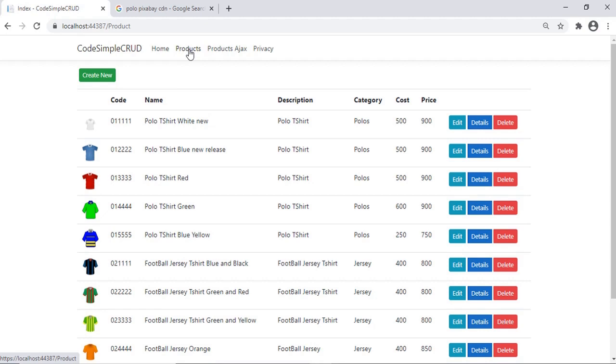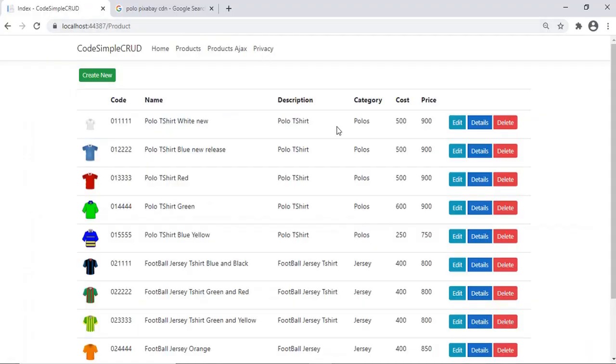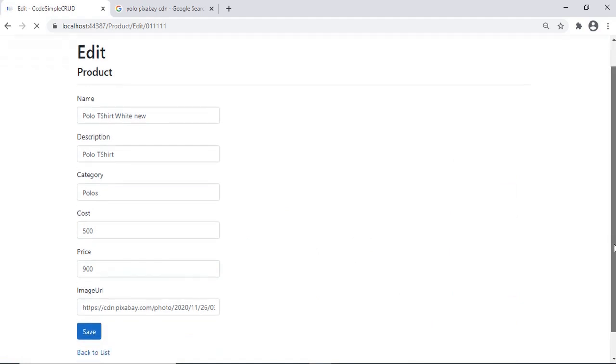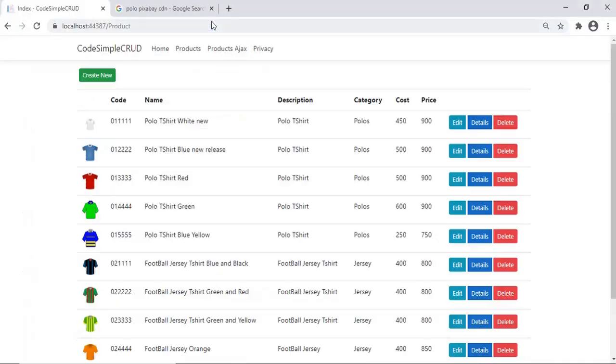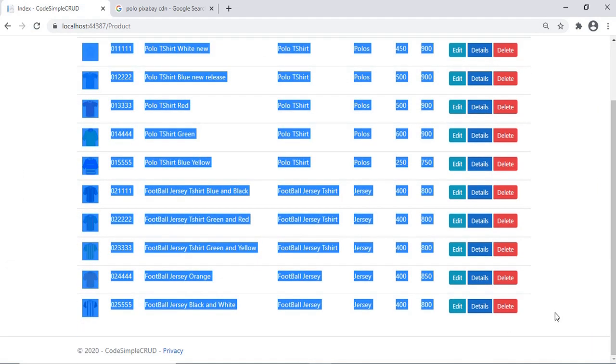When I click the products menu, it fetches the products from the database and populates the records. When I edit and update a product, the application is loading all the products from the database again, which I don't like. Now we have only a few products, so it is okay to load all again. But in my company, we have around 10,000 products. It's not a good idea to load 10,000 products after each update.